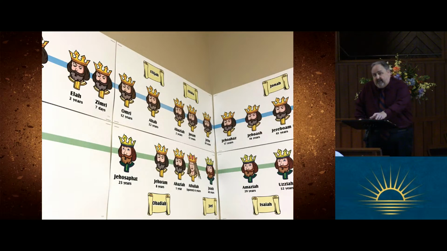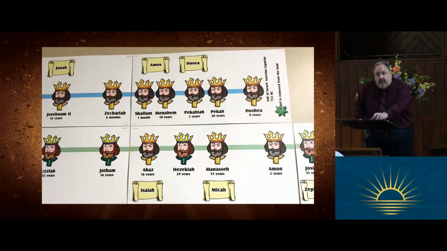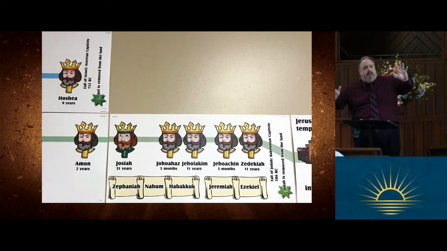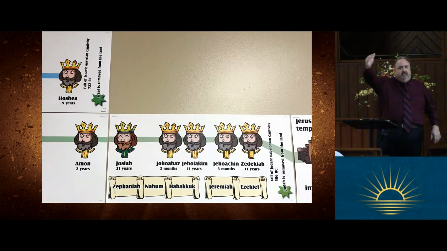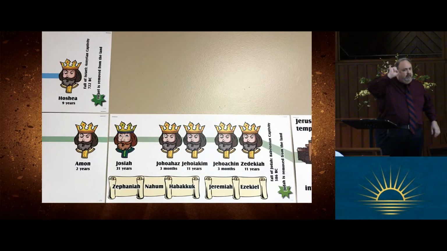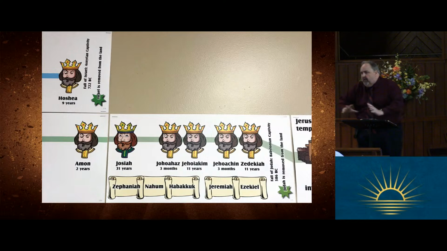As the chart continues, you can't see very well, but all those fellows in the north are bad. They're all frowning. And then here in the south, you've got a few that are smiling, and we're moving along through the chart. And then eventually, whoa, what happens here? How come the north line doesn't continue? Because the southern kingdom was prolonged longer than the northern kingdom.